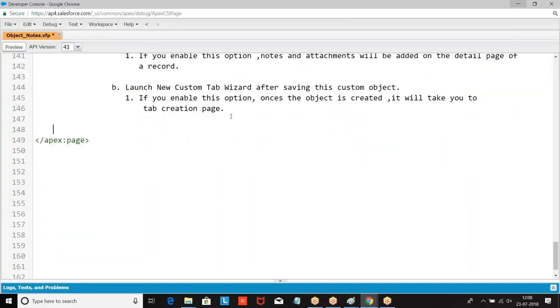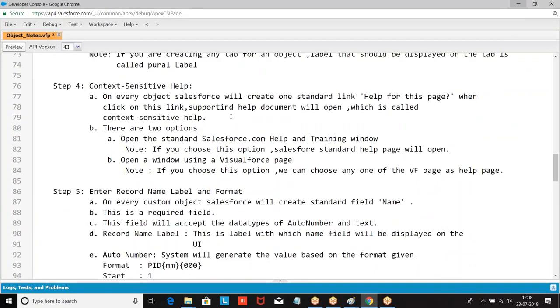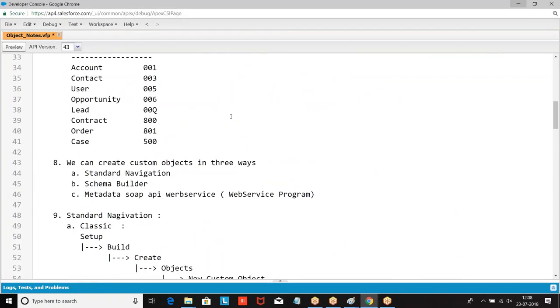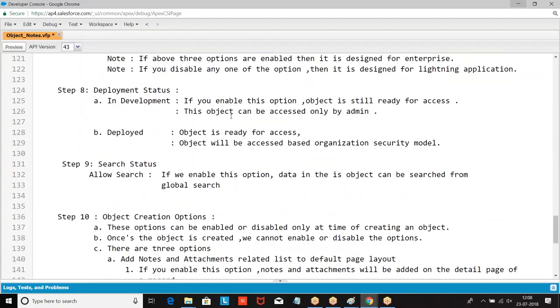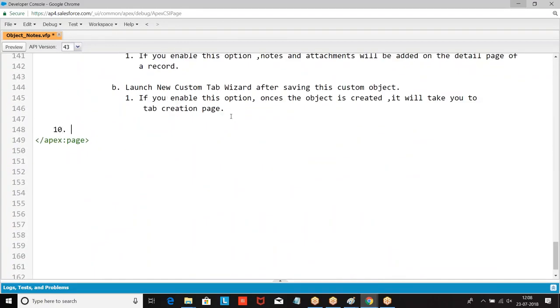Set format. Using standard navigation we have taken. What is the navigation? Setup, build, lightning bolt.